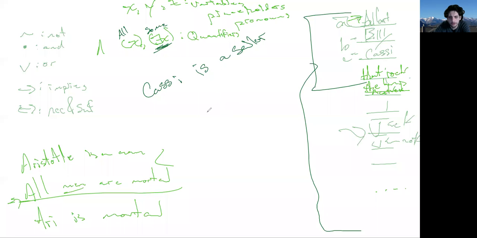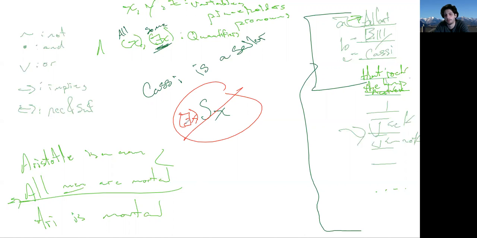Okay, I see two different things often, which both just show a lack of understanding of what's going on here. So if you say something like just Sx and think that that's a sentence, that's dead wrong, because you haven't told me how many people are sailors. You either need to tell me everyone's a sailor, or you need to tell me that it's just somebody that's a sailor. But the idea is the quantifier out front is introducing you to the group.